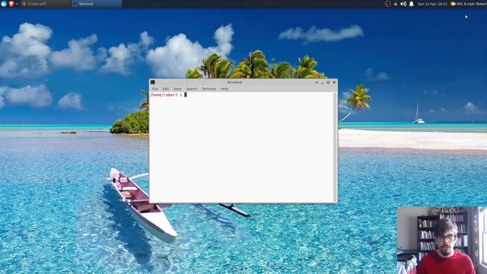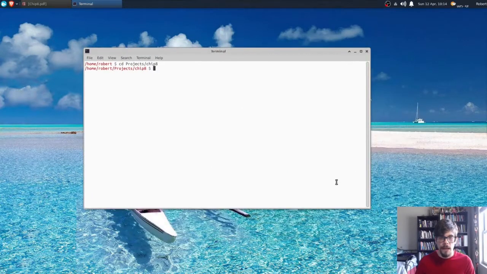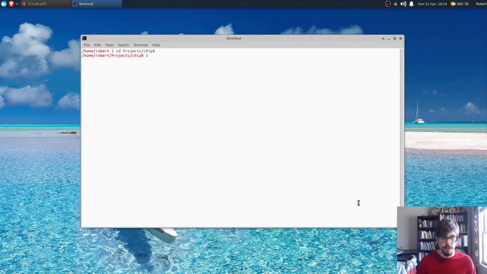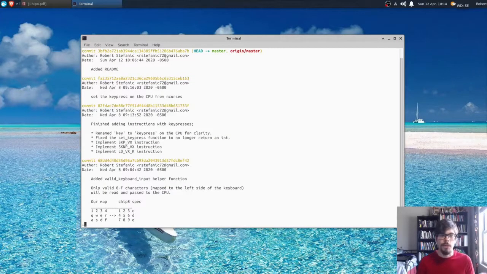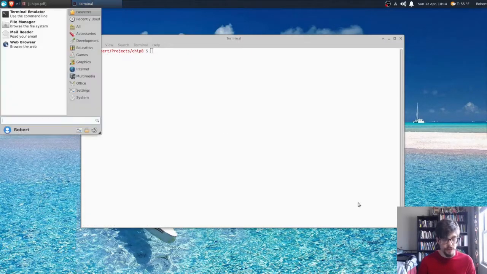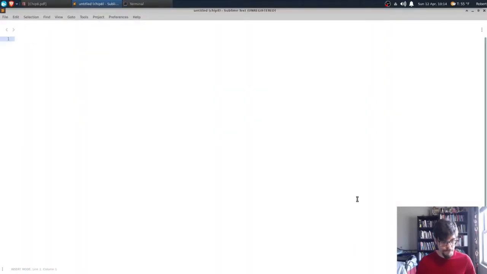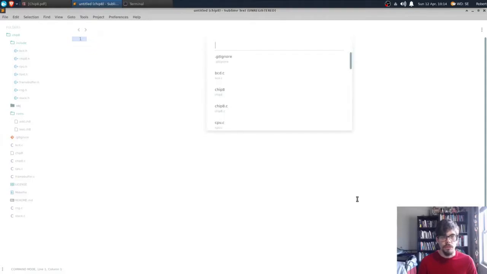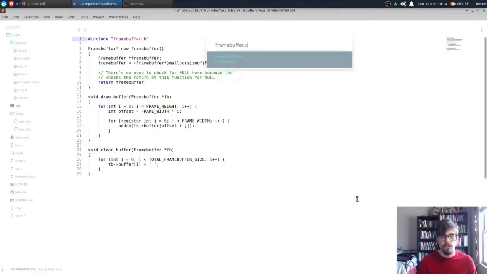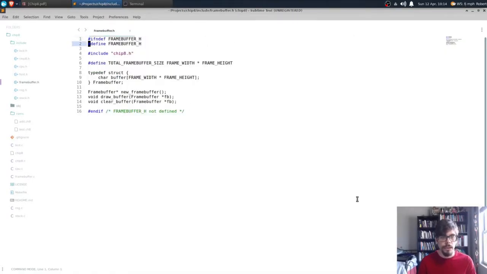So first thing to do is to go into the CHIP8 emulator here. Since last time, I've actually added a README. You can see here by the most recent commit. So we'll open up Sublime. So if we go to frame buffer,